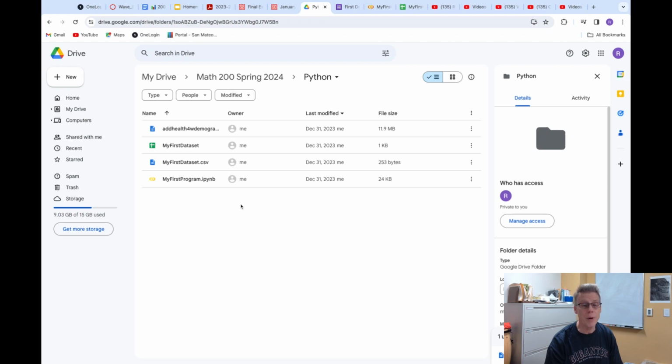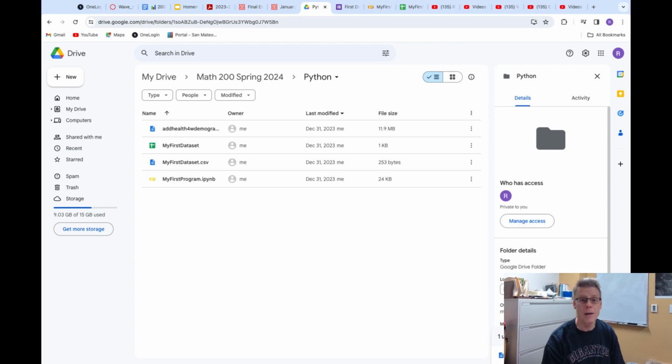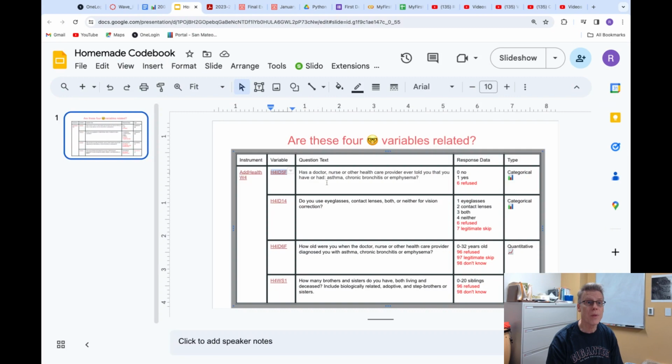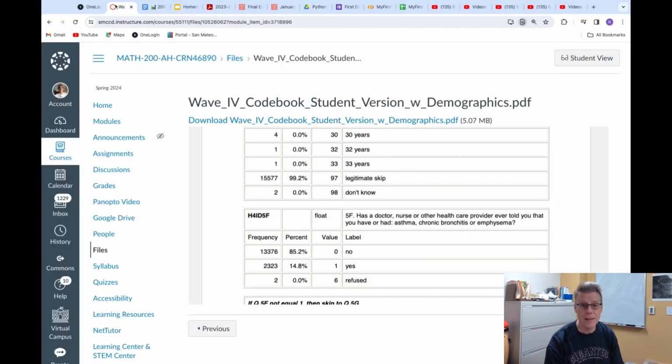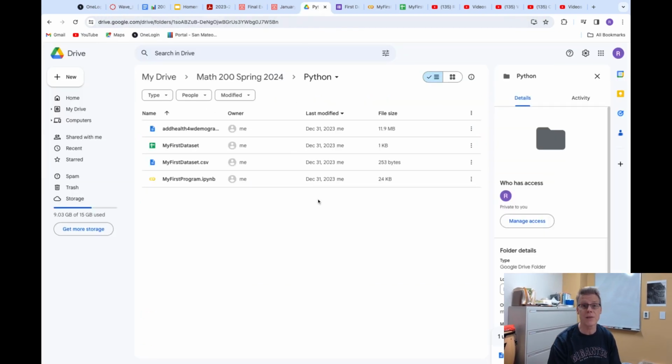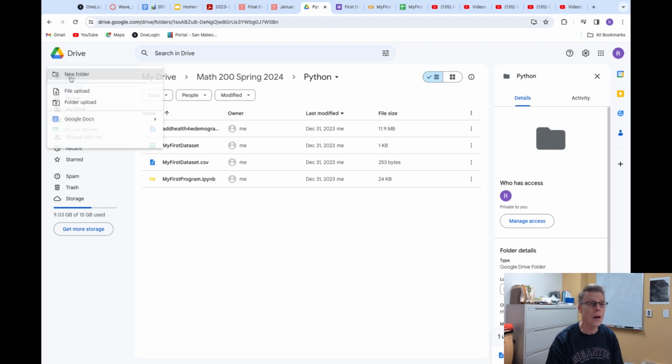I'm going to make a new program, and this is going to be actually working with this particular data set because I want to see this variable that I saw inside the codebook. I want to see what it looks like in Python, and see that it takes some use of both at the same time to really get a sense of what's going on. So I'm going to go new,